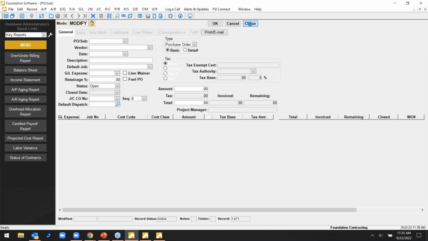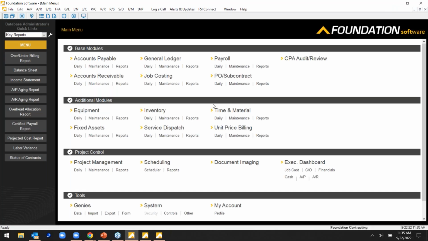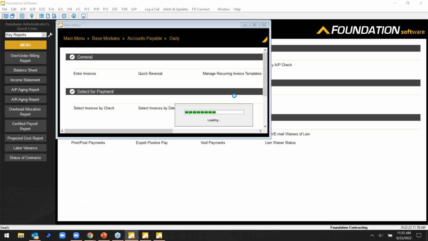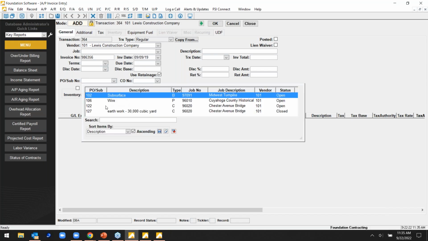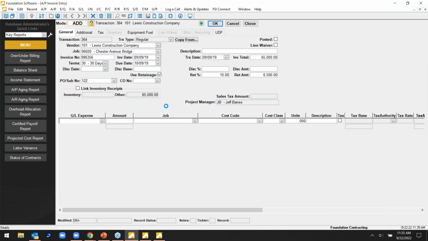All right, so the invoice or the contract or the purchase order is issued. The vendor sends a bill to the client, and that client would then enter that invoice and apply it to that contract or that purchase order. So in this case, here's Lewis Construction, the invoice number, the date, and they're billing us off of contract 122. We select that contract, everything feeds in without the user having to re-enter all that data, like the job and